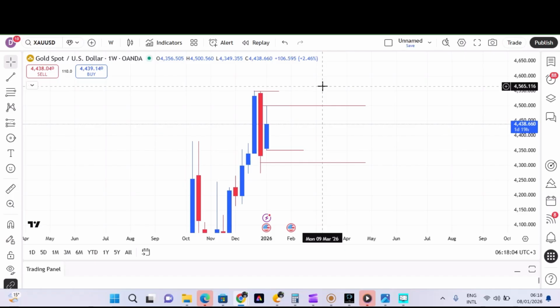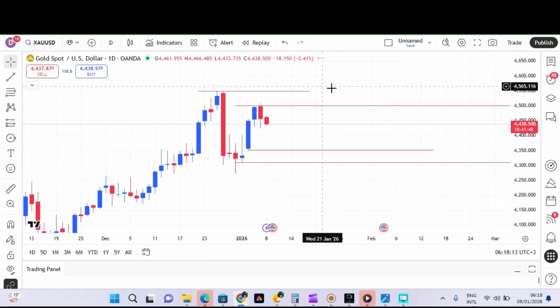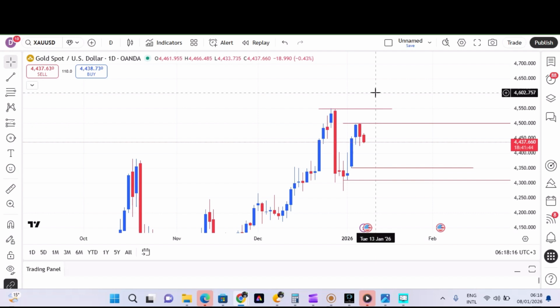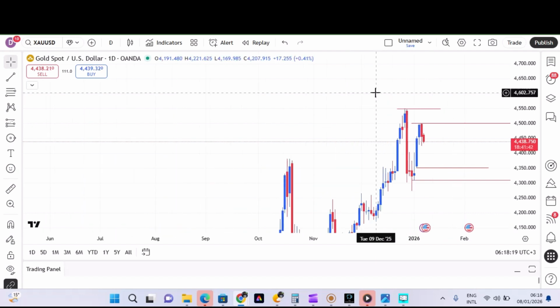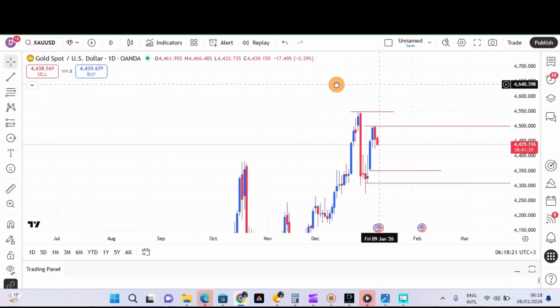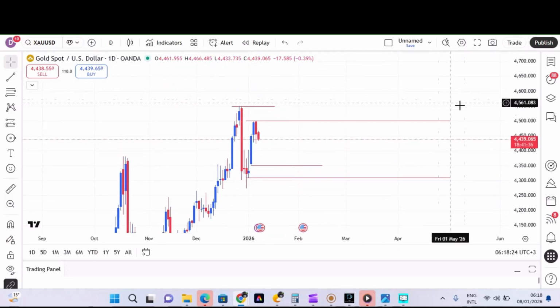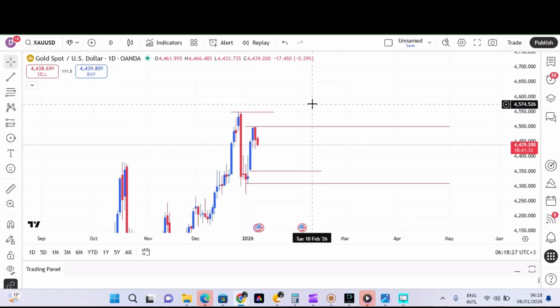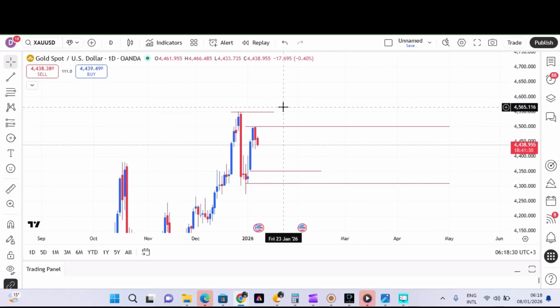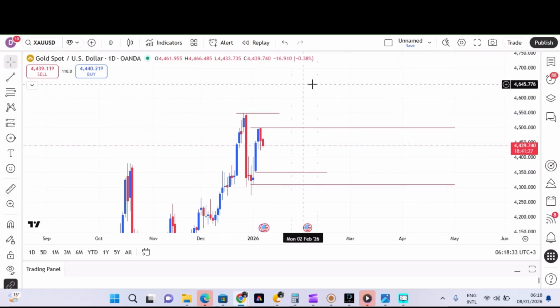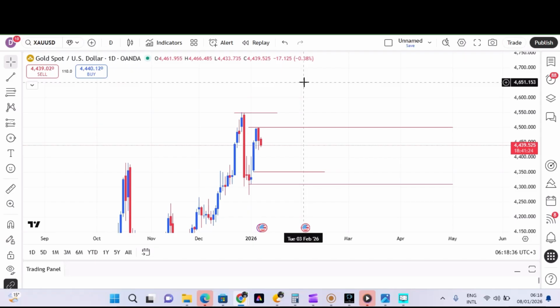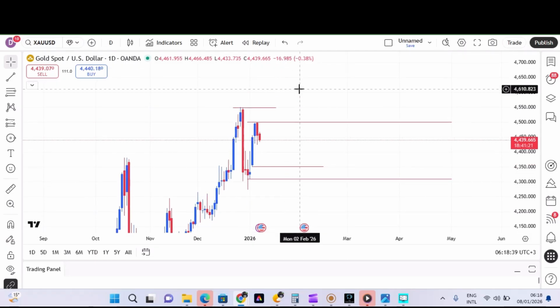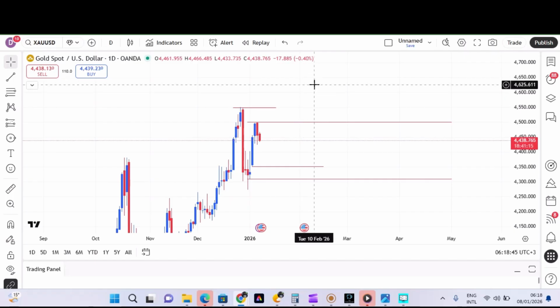All right, so after looking at the data on the weekly time frame, we go to the daily time frame. Very, very important, the daily time frame. So allow me to squeeze these candles a little bit, and let's just use this outlook. All right, now we are on the daily time frame. What is the daily time frame saying? Because every time frame has its data, and there are things you always look at on that data.